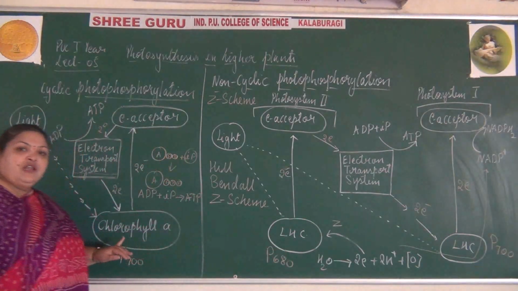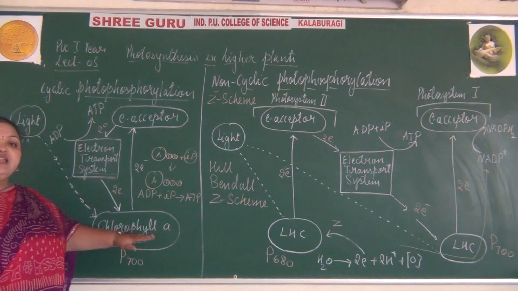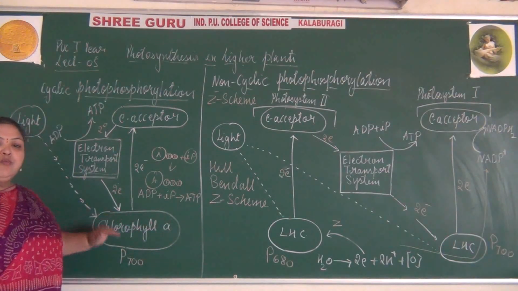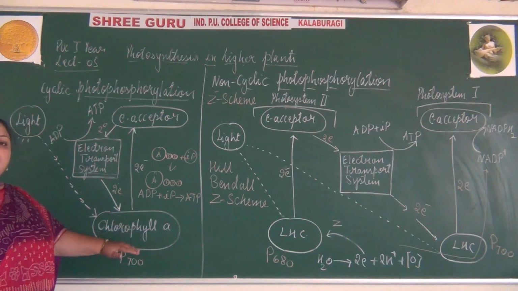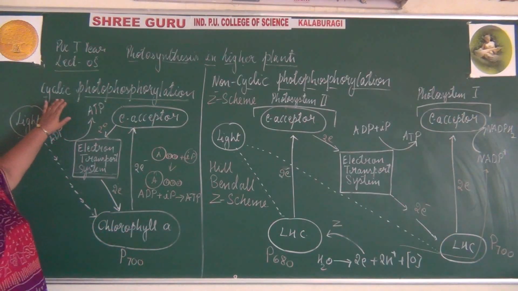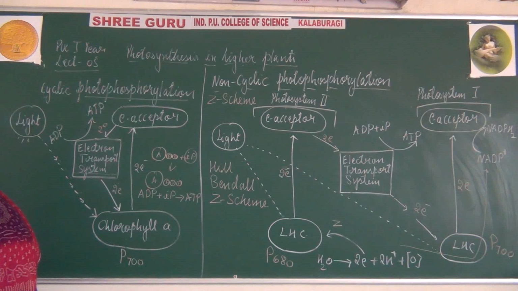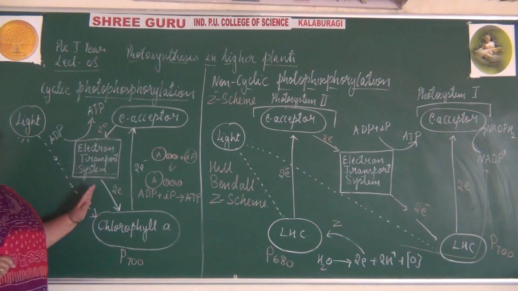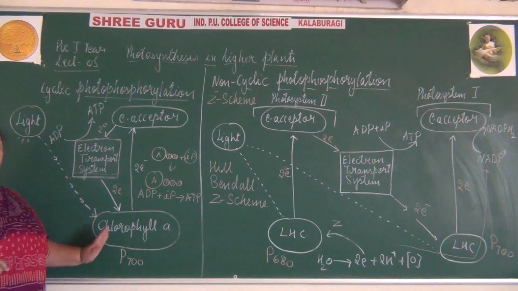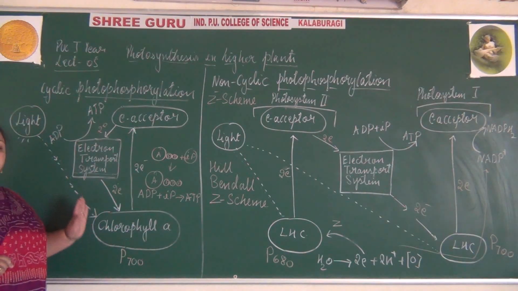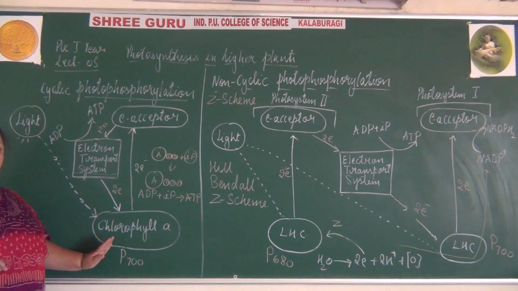Ultimately, there is no photolysis, so there is no release of oxygen. Molecular oxygen is not evolved during the cyclic process of photophosphorylation. So the next, sixth point is that in cyclic photophosphorylation, photolysis of water does not occur, it is not involved in the photolysis of water,